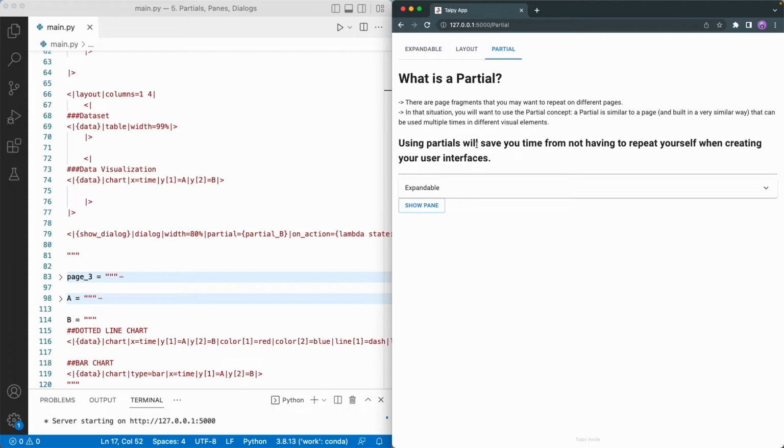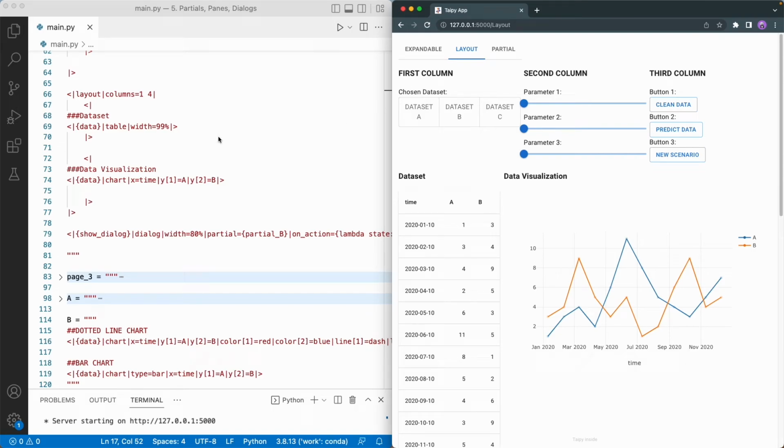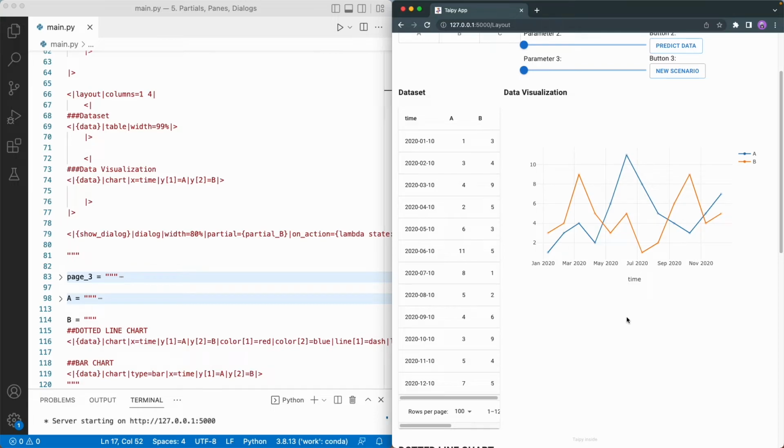Similar to the previous application page, we will also set up a button that triggers the dialog whenever it is clicked. I will position the button in the center of the second column, just after the chart, which is here.